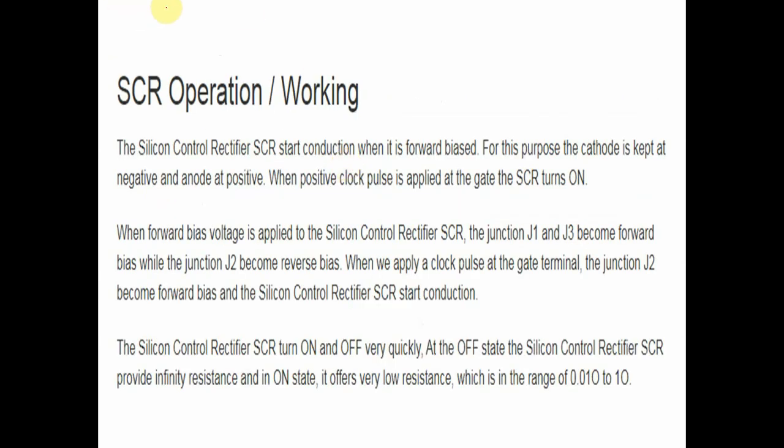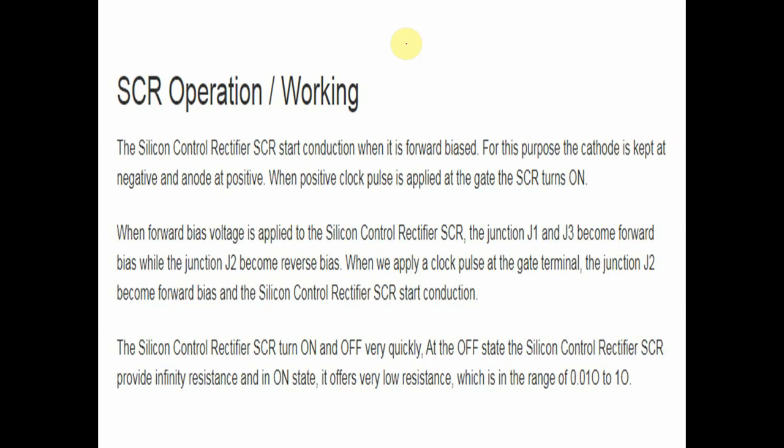Now, SCR working and operation. See here, the silicon controlled rectifier SCR starts conduction when it is in forward bias. SCR only operates in forward bias condition. A diode also operates in forward bias condition.